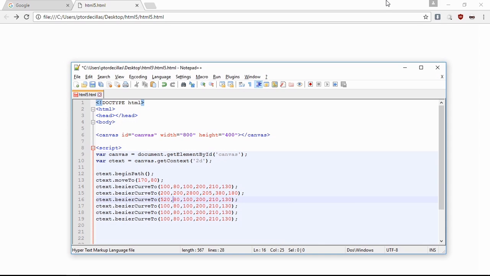520, then 280, then 620, then 150, then 490, then 160. Next is 600, 100, 450, 410,